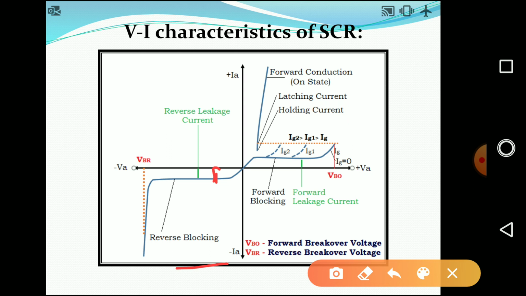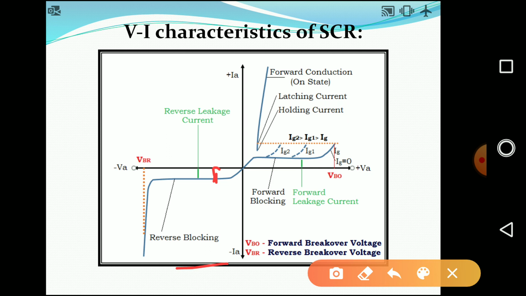Those electrons are called thermally generated electrons, and as there is a movement of electrons, a small current flows. That current is called reverse leakage current. This current is not useful for any practical application, but